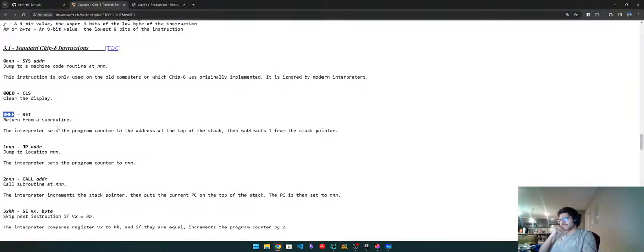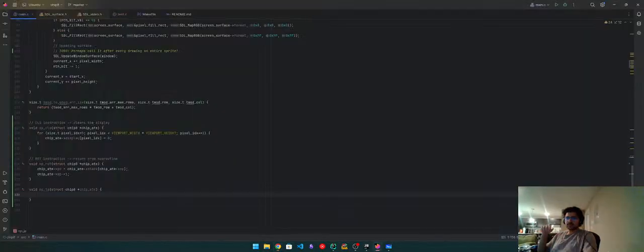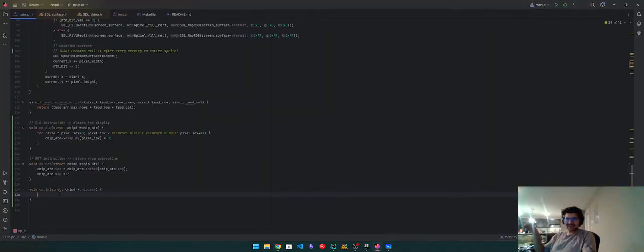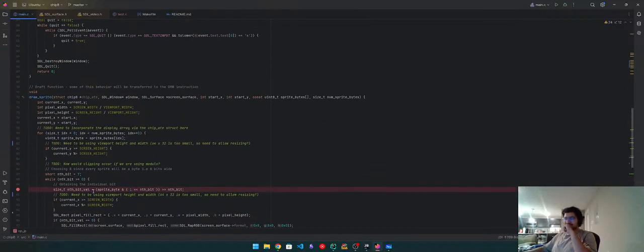All right, interpreter sets the program counter to n. So where is this n coming from? This is coming from the actual opcode, right? So the opcode is going to be 1n, right? In this case, we need to extract that n. How do we extract that? We would extract that using bit shifting, right? Kind of like what we did over here, where we tried to extract every single bit. So what we need to do is